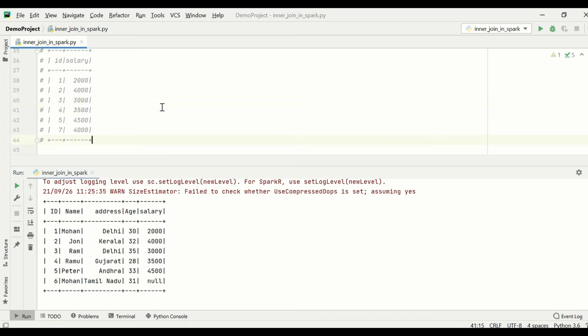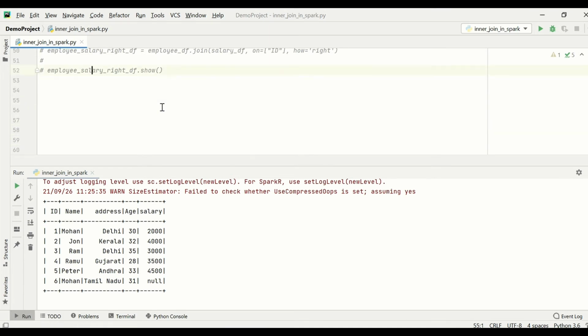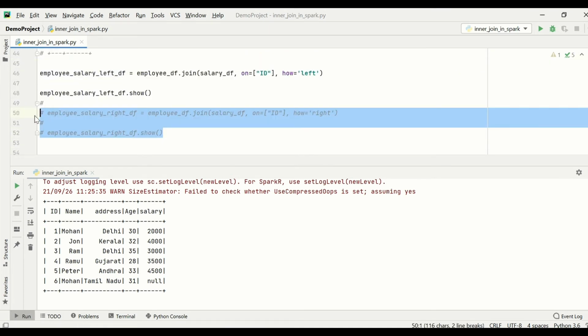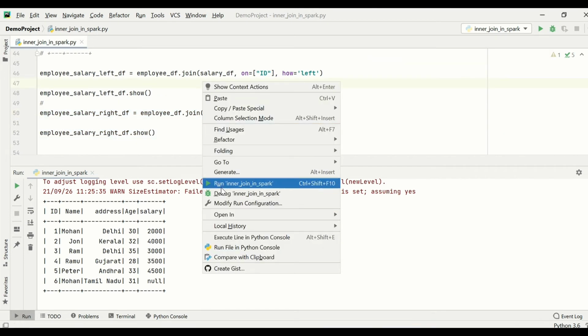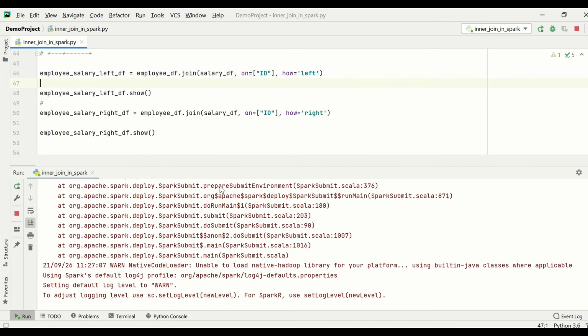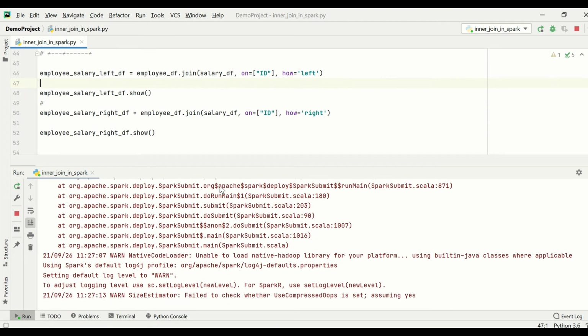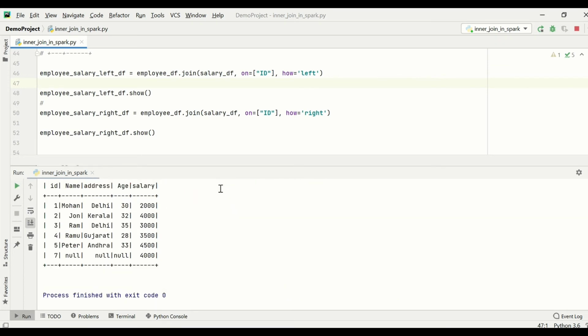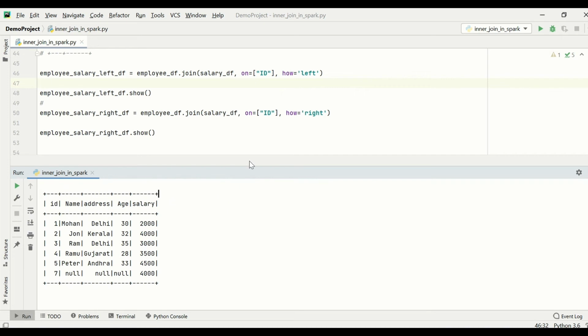Okay, let's see how the right join works, and we can compare the output of both. So I'm running the right join now. It's starting the Spark session and will execute the code. Give it around 4 to 5 seconds, and we can compare the left and right joins together.